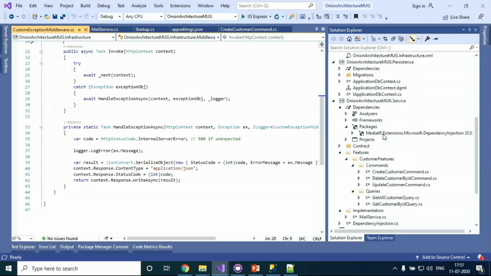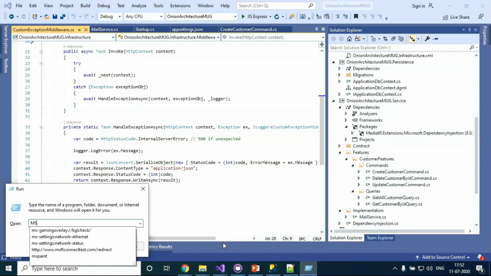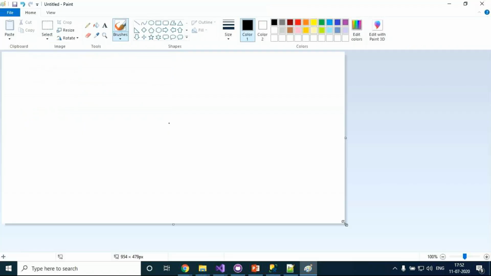Okay, so the mediator, I can use MS Paint. I'm not good in Paint. Let me try. Okay, so the mediator is a middle layer actually. Now this is where the UI is coming in here, right?